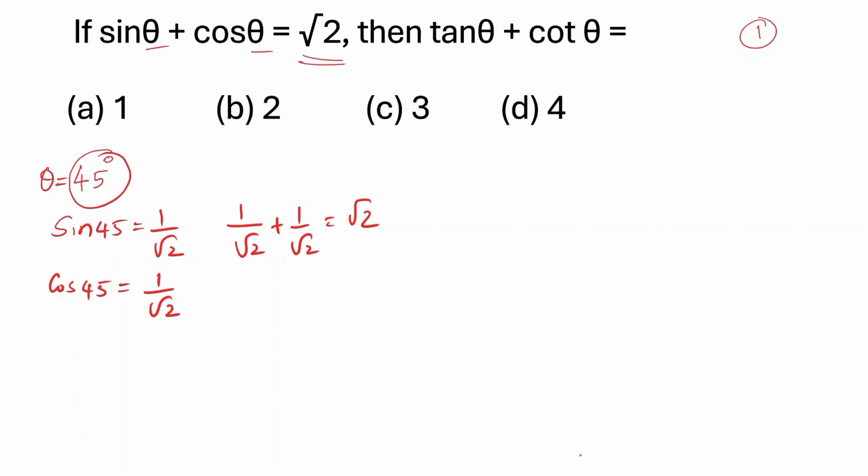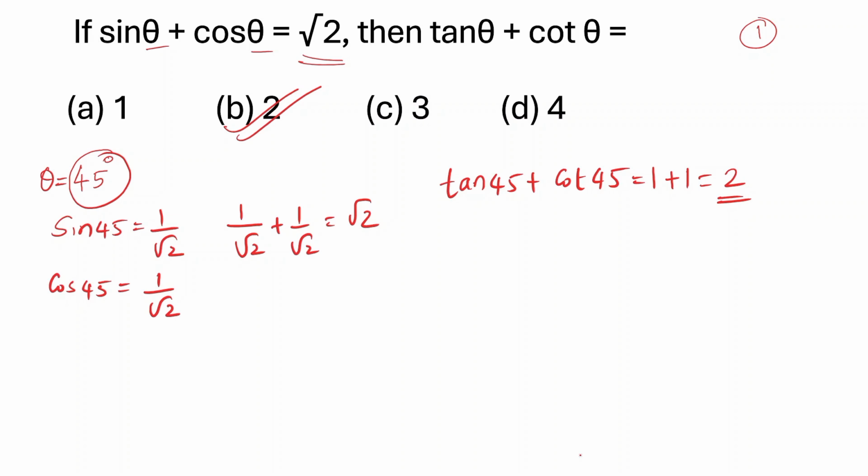So just substitute the theta value here. Tan 45 plus cot 45. Tan 45 is 1, cot 45 is 1. 1 plus 1 equals 2. 2 is the answer for this question. So if you are not good at guessing, if you are not sure about 45 degree,